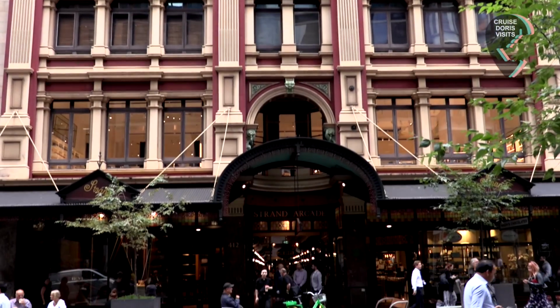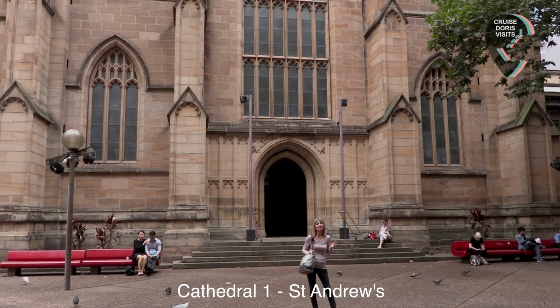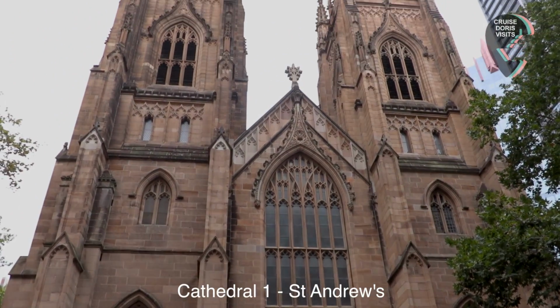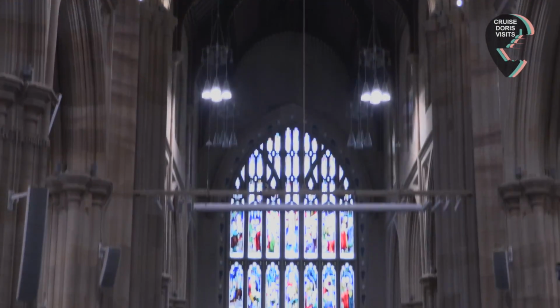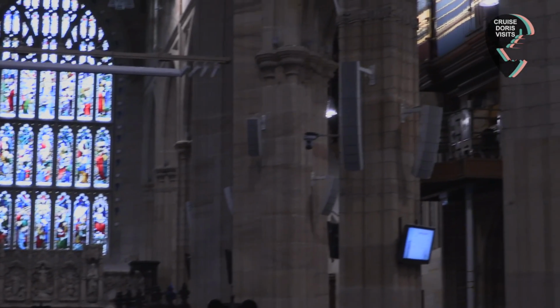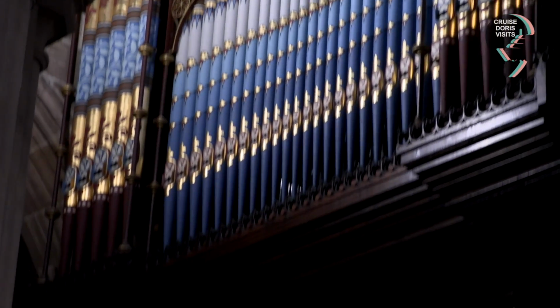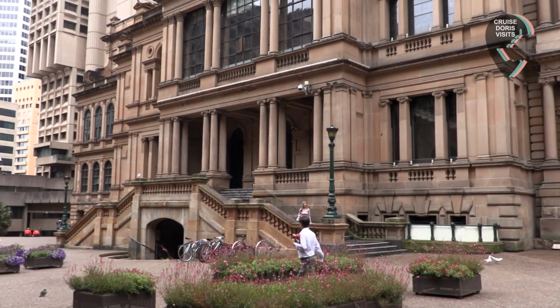Halfway up George Street is St Andrew's Cathedral, if you can drag yourself away from the shops, and it has a beautiful exterior. We have separate films on Manly Beach, which is a fantastic beach, and George Street shopping. Listen, that is not a short day out, and it's not a short film, so we've done that separately. Back to our guide. Next to St Andrew's Cathedral is Town Hall Square and the Town Hall, and lots of